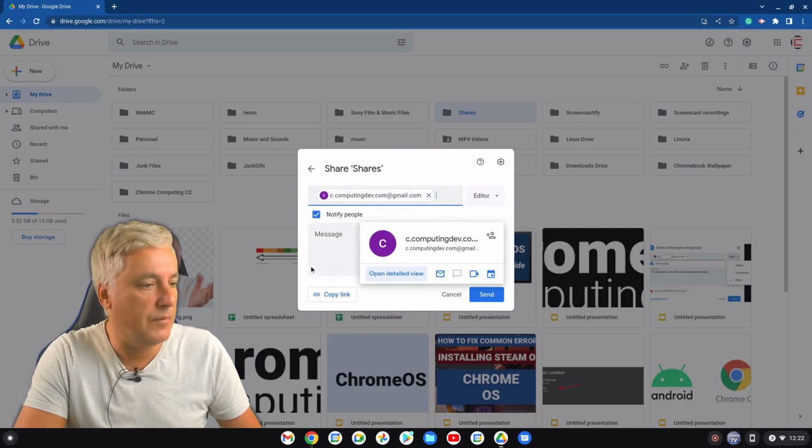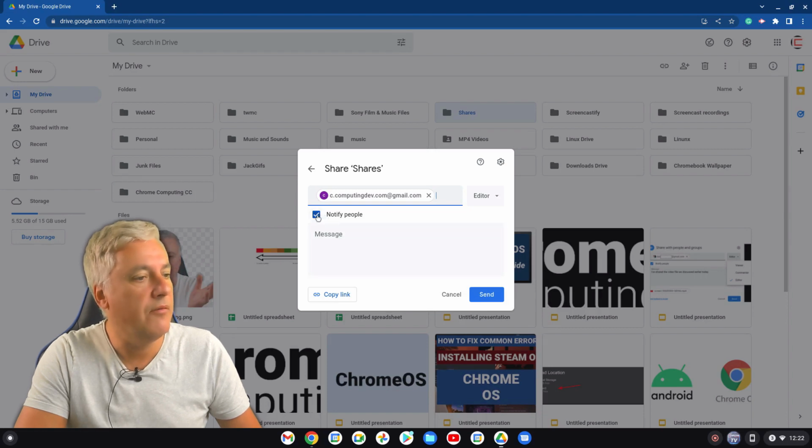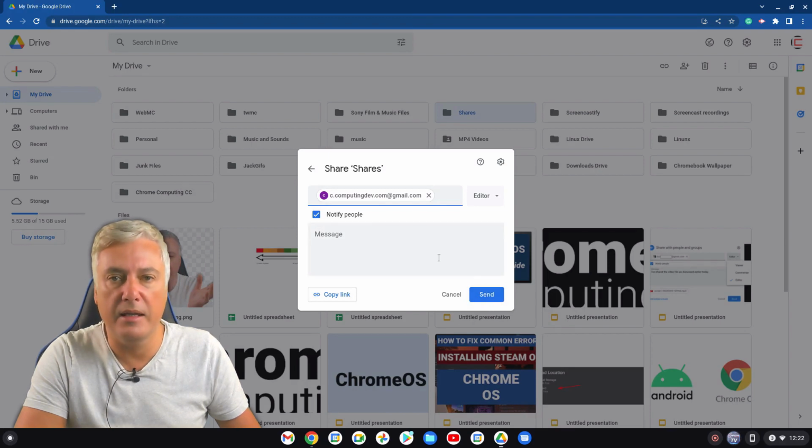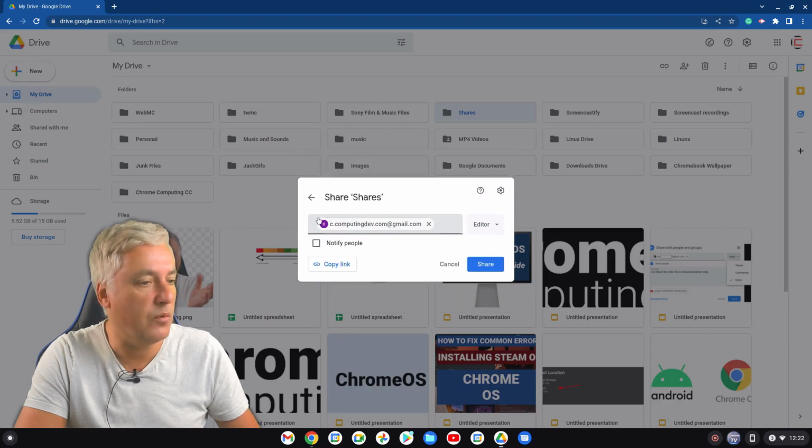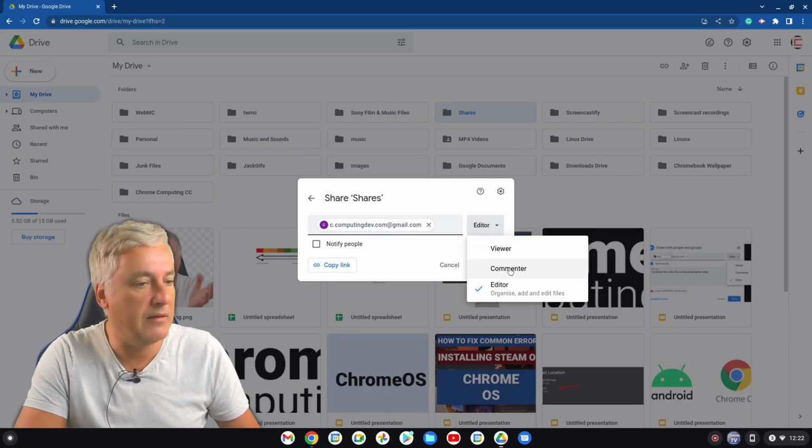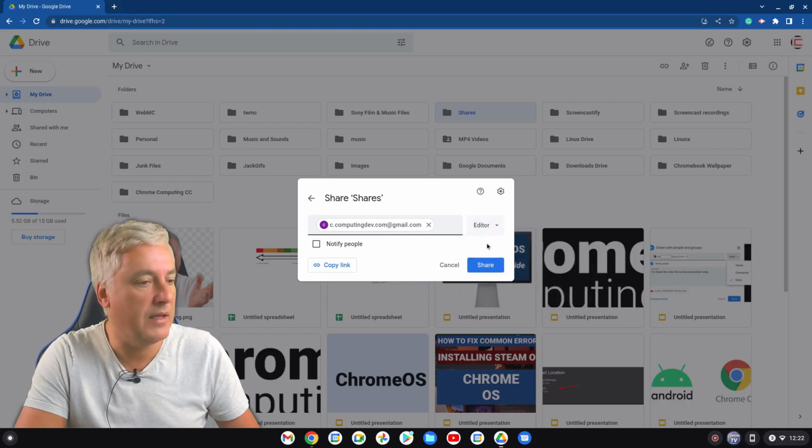Click that. And then here you will see that it's got notify people. If I leave that on, when I do send, it will send them an email to let them know. So that's good if you need to do that, but you don't need to. If you're sharing between a Google Drive and another person with Google Drive, you can take that off if you want to. And there's options here to view, comment or edit, but I'm going to leave it on edit for now. I'm going to share